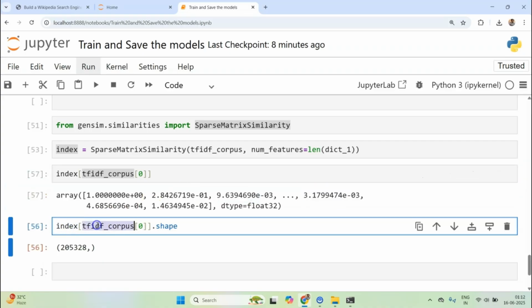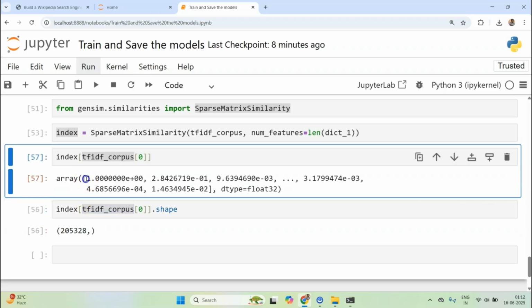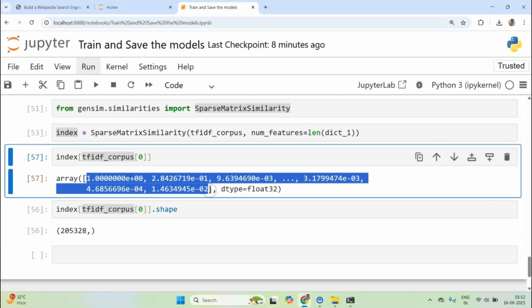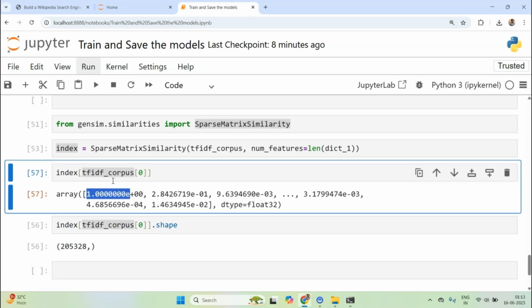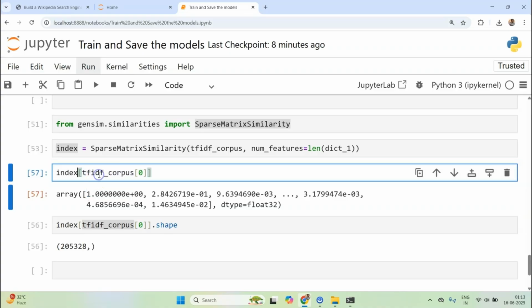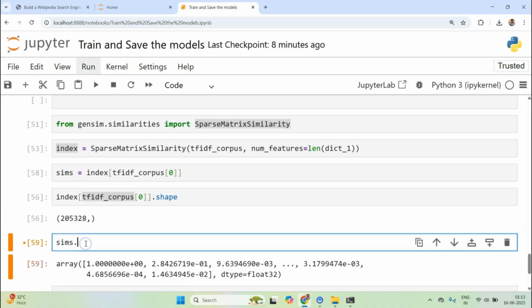And how many values did we get? We got this many values, which means now I can sort them. Maybe I can look at which one is larger or which one is smaller. Whichever one is larger would give me the most similar document. Let me save it in a similarity array, and let me call a function called sort, or maybe sorted.